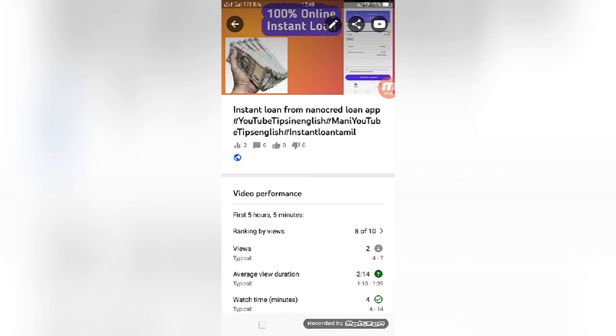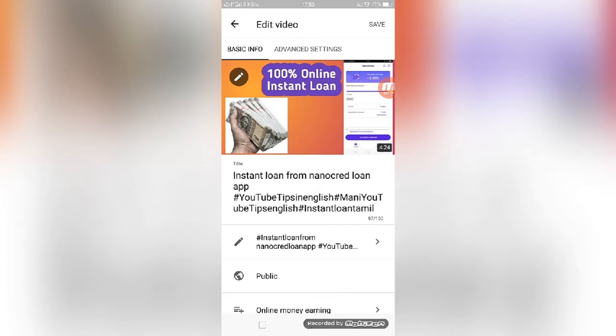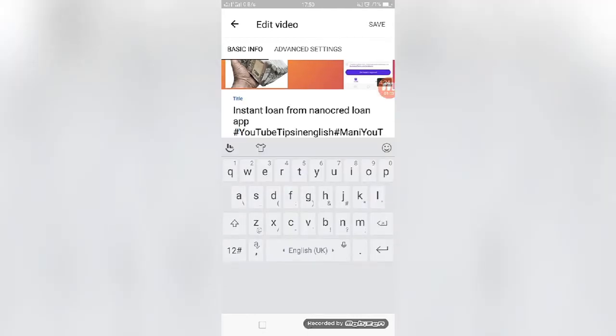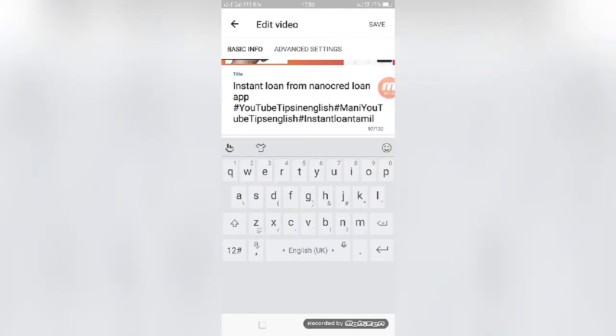On the right hand side you can see pencil type of icon. You can click that icon. See, now we can able to change the title and hashtag, etc. Now you can see when you type the hashtag,